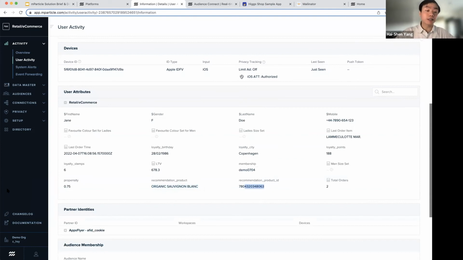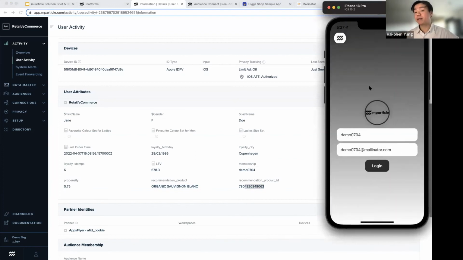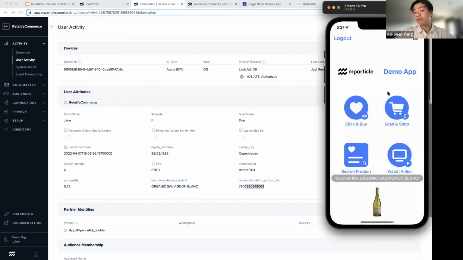And now if Jane logs in again, she will be able to see the recommendation for Jane, and also all sorts of personalization we can do, even changing the color theme. Now we've seen the color theme change, and also the product recommendation for Jane is actually there during the login,